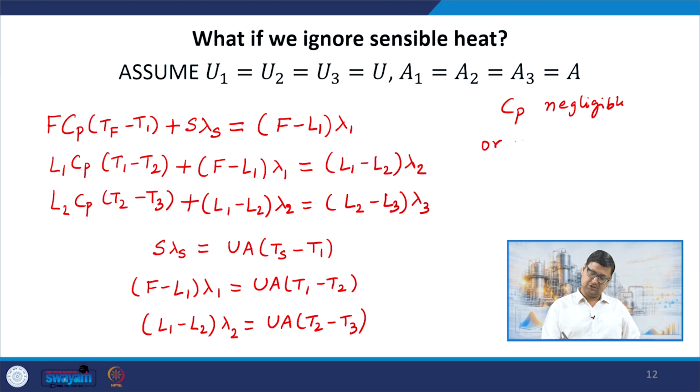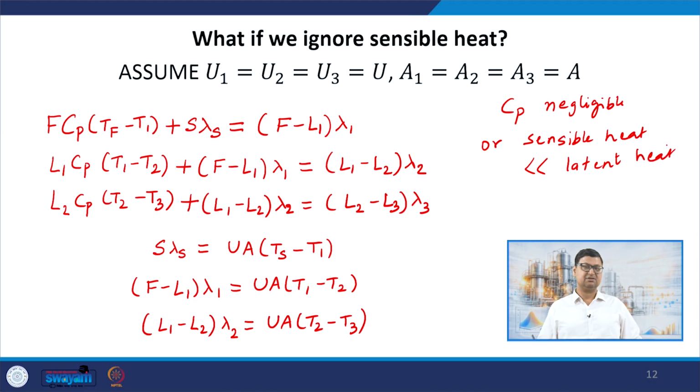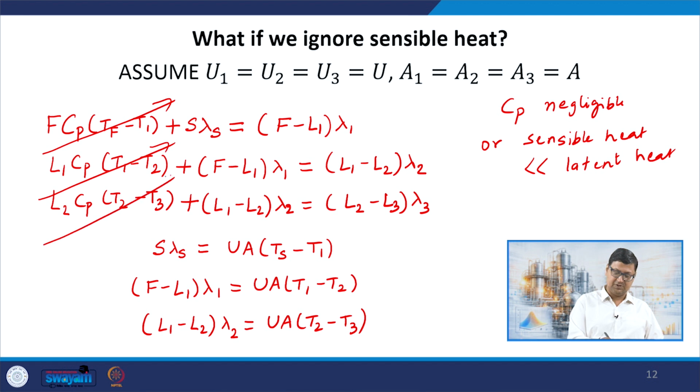So, if I drop the sensible heat term, or if I assume that the sensible heat, that is Cp delta T, is much less than the latent heat, in that case I can drop the first terms from these three equations. So, this will go away, this will go away, and this will go away, right. Now, going further, let me also assume, just for the sake of argument, although it is far from truth, that the latent heat is also constant. It is not changing with temperature, right, just to bring the point home of what advantage I get if I use this